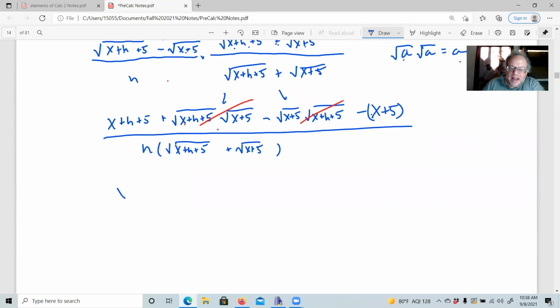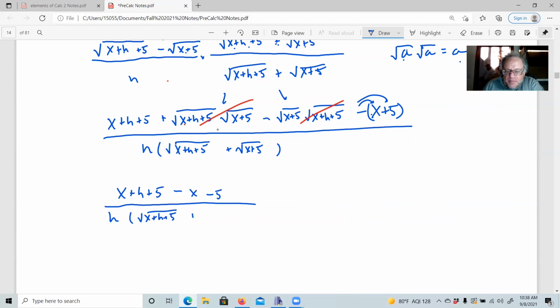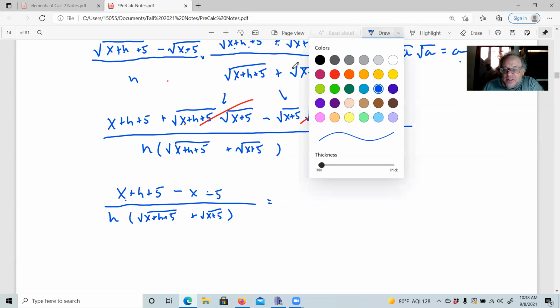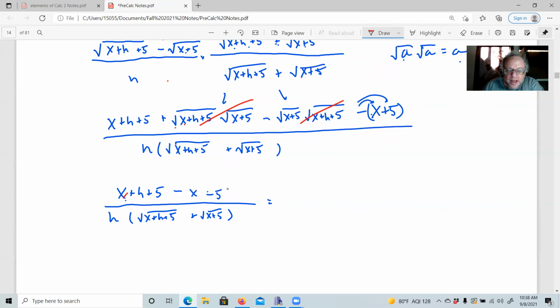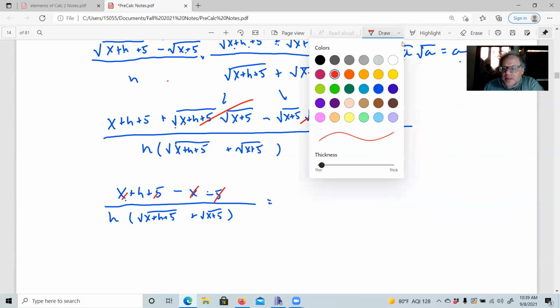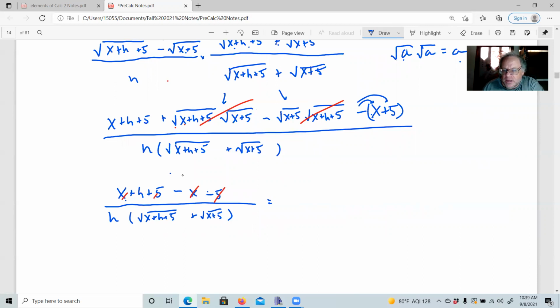Right, so what do we have? We have plus 5 plus h minus x minus 5. Don't forget this negative applies to both of these terms. Divided by the square root of x plus h plus 5 plus square root of x plus 5. That is equal to x minus x, right? That's going to be 0. So x minus x, 5 minus 5. What are we left with? We're left with h. There's h here, divided by